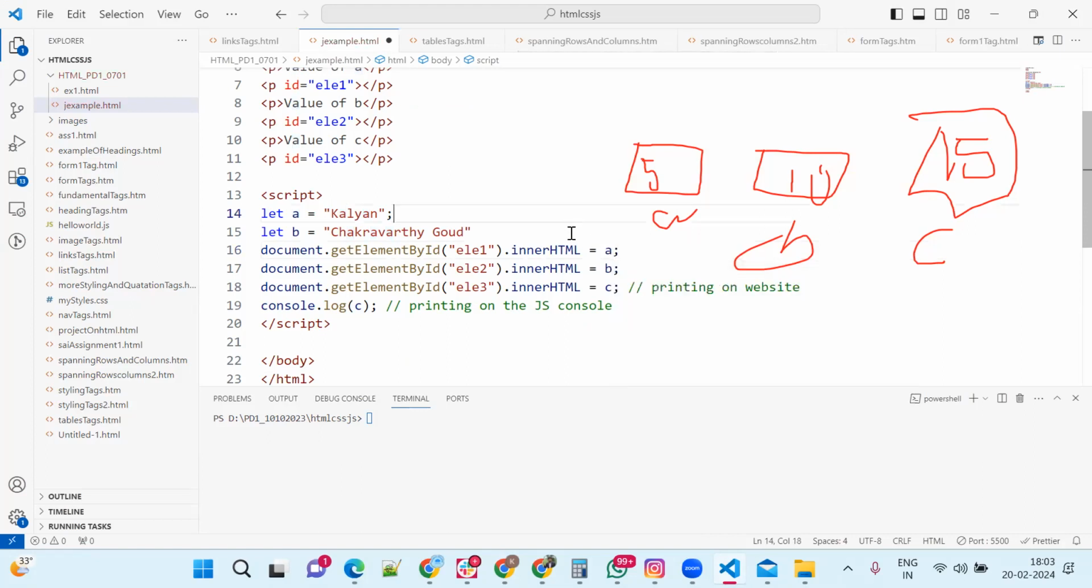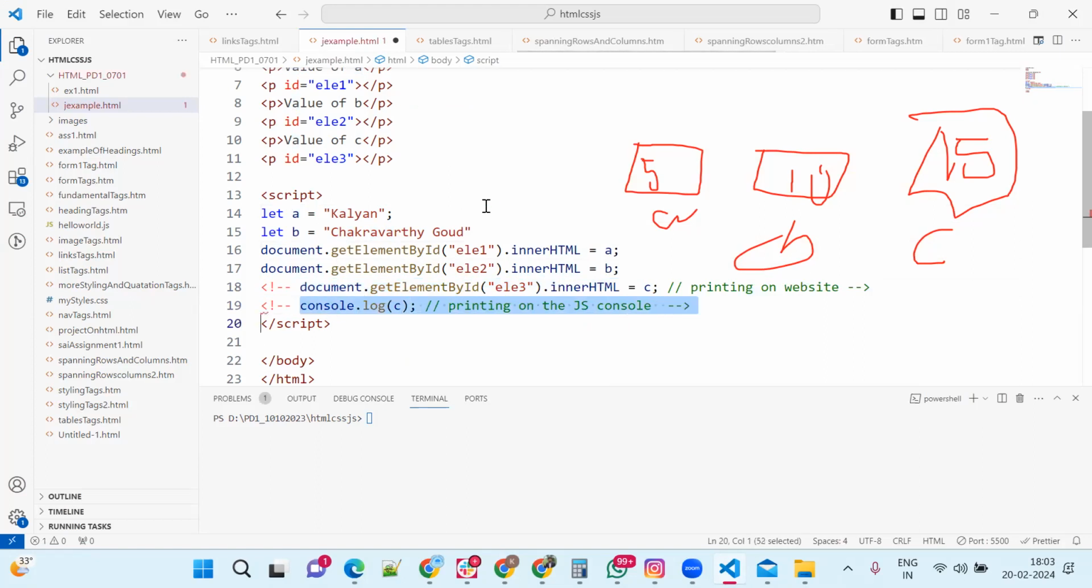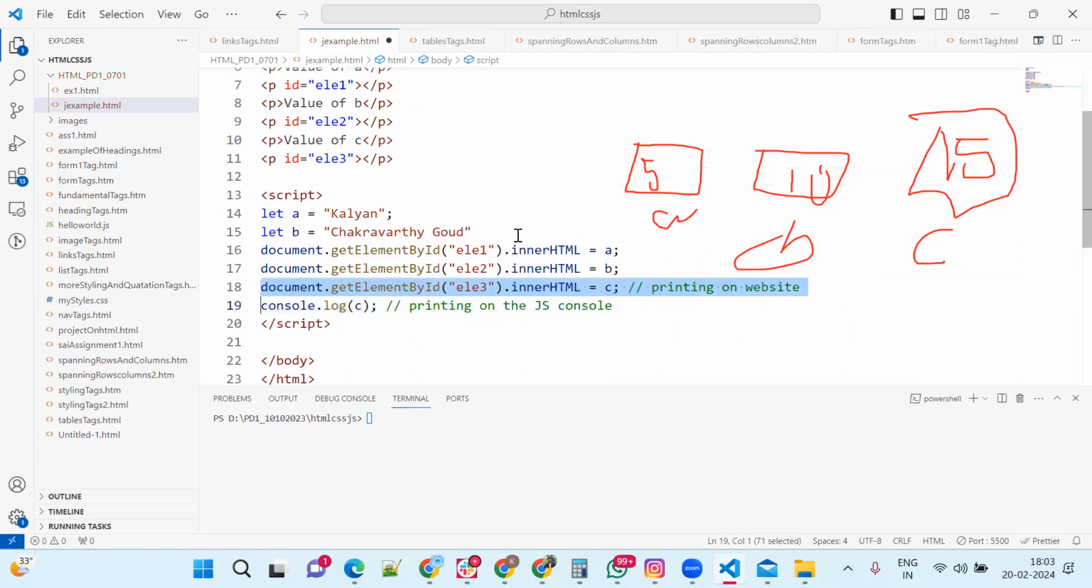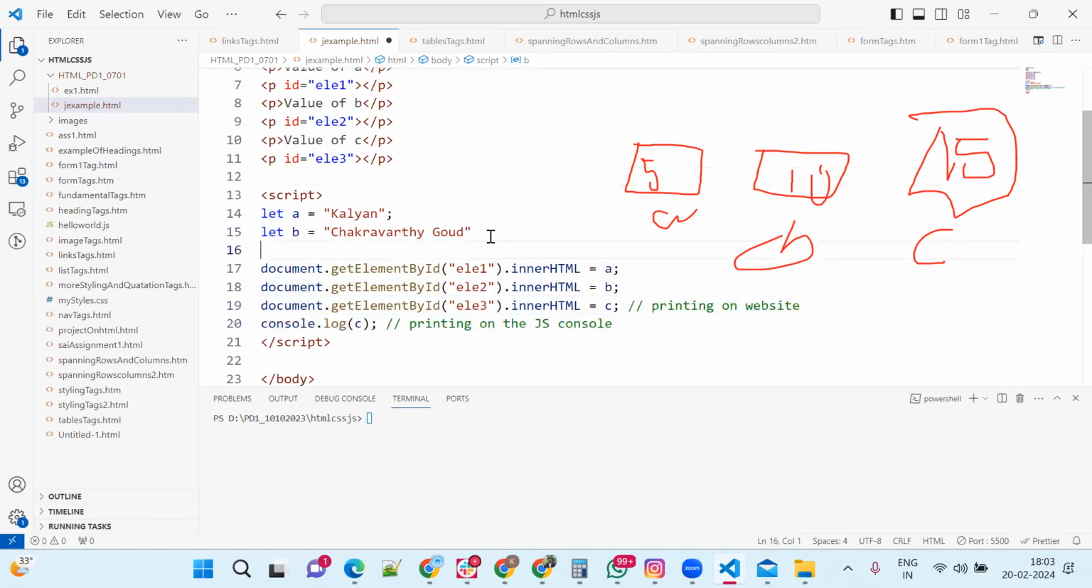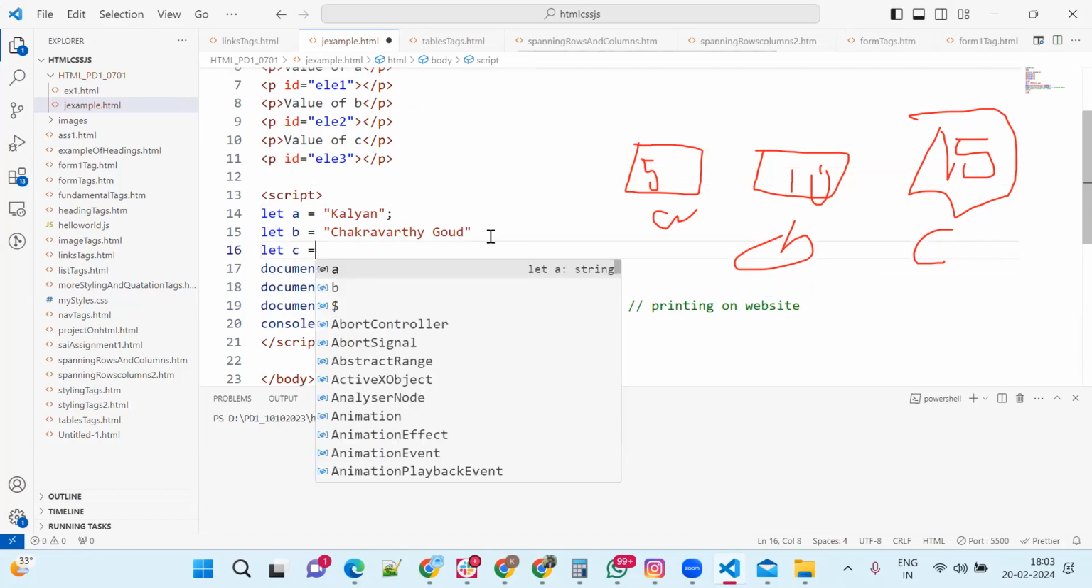Sorry, we don't need to change because there is no C. So as we don't have C, let me comment this thing. One second. Why comment? Let us write C as well here. Let C equals to